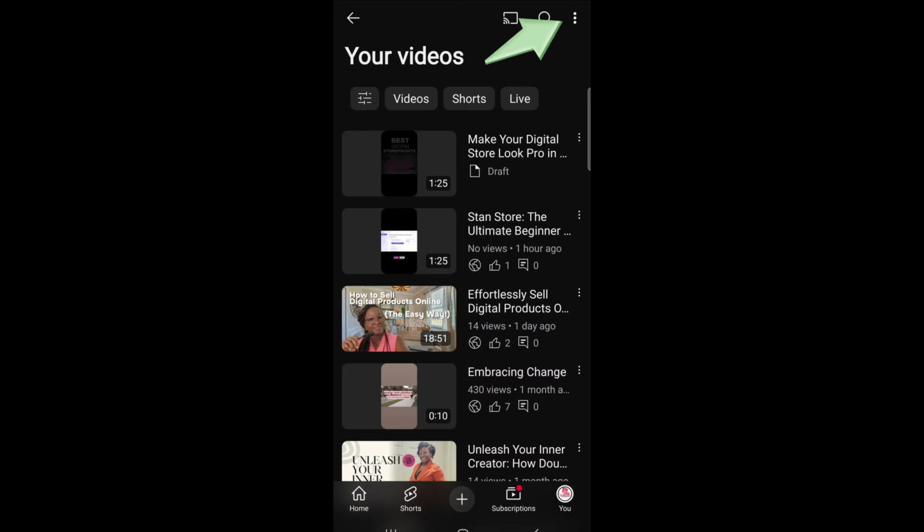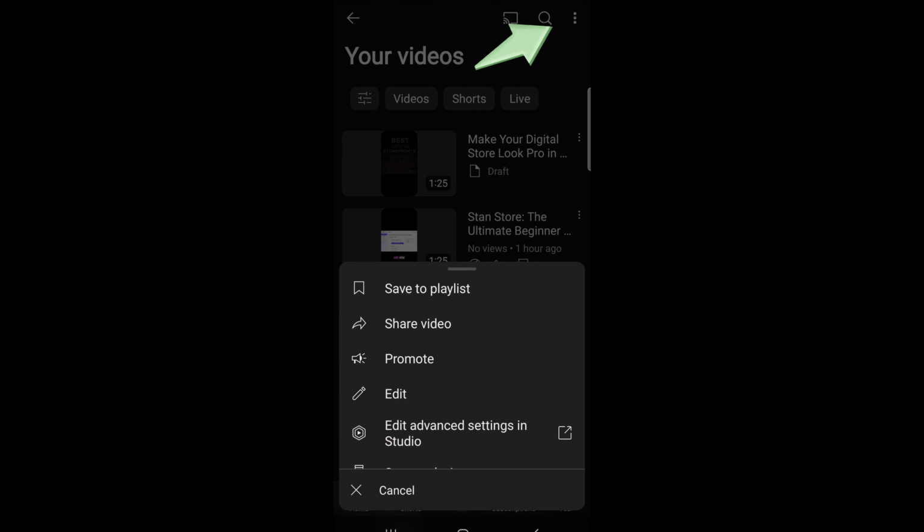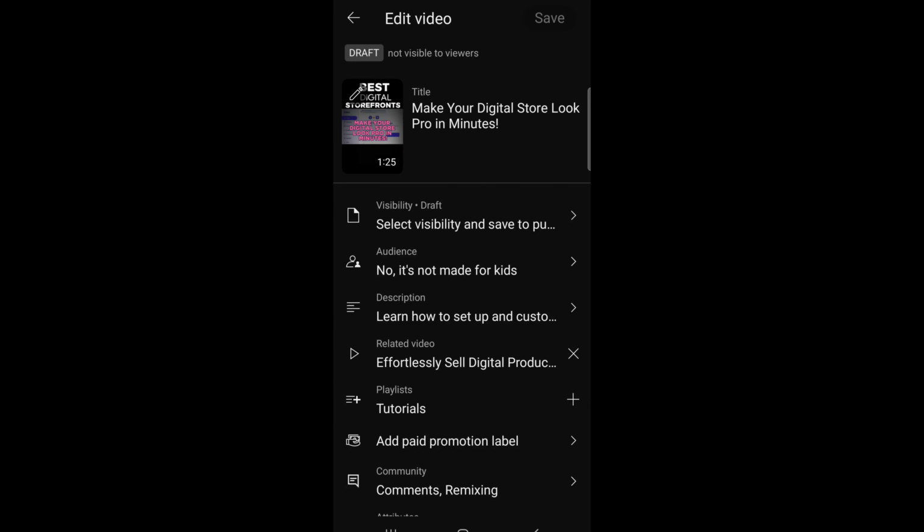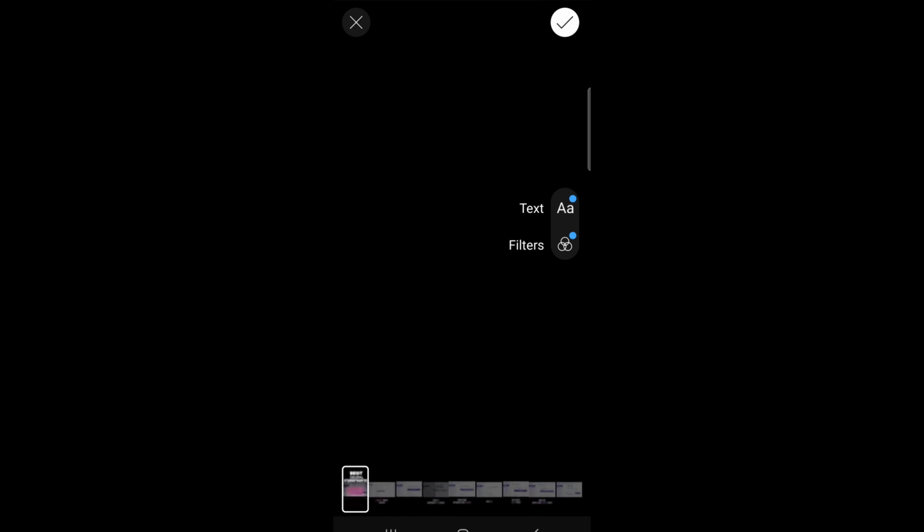So I said, all right, well, I'm going to press these three little dots, and I clicked edit. Then there's this, let me do a little pointer here. This little pencil looking thing is there. When you click on that,